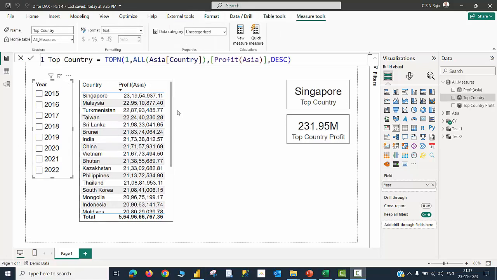Let us once again have a look at the top country formula. It is a TopN: give me the first value from a virtual table which contains only two columns, the name of the country and then the profit value in descending order. So Singapore is the first line item in this table, and this is a physical table, whereas this measure is going to create a similar virtual table. Now, let me just copy this part of the formula,